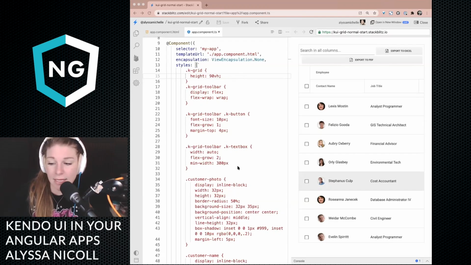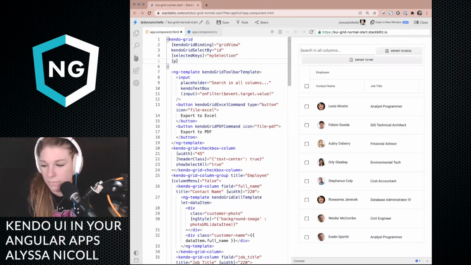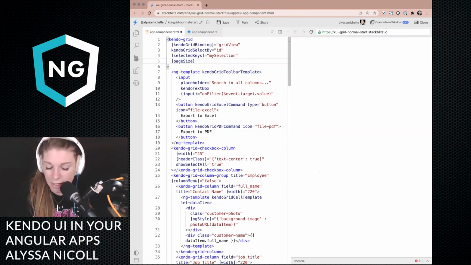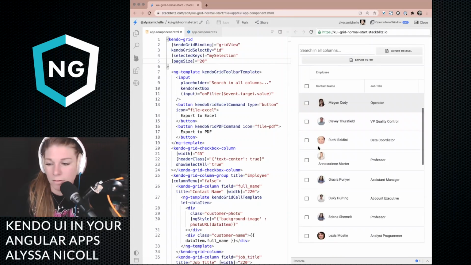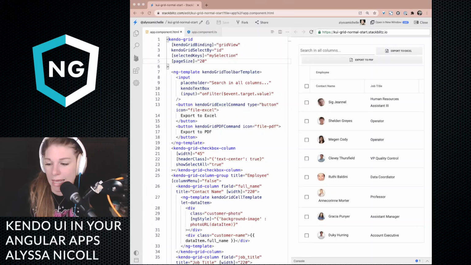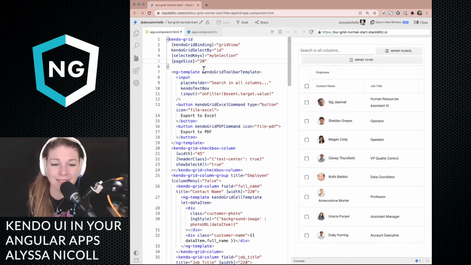The next thing is page size. So let's go back over to our grid and let's go ahead and add a page size, and we'll specify 20. Save. And what we're working towards is adding pageability. Is that a word? Okay. So I actually don't want to set it to a hard-coded value. Let's set it to a variable.